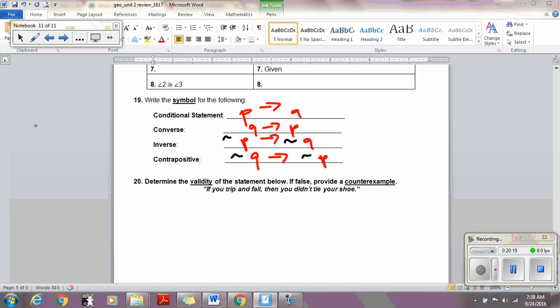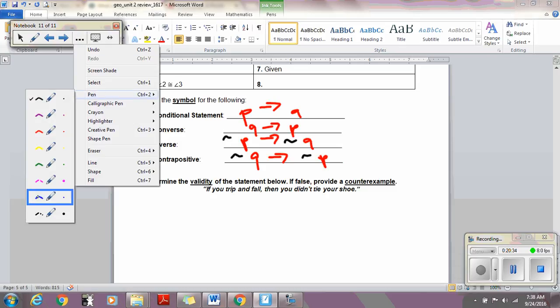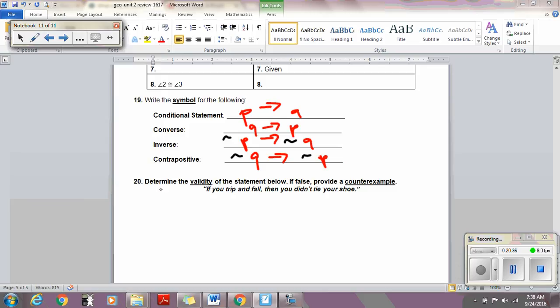And number 20, our last one. Determine the validity of the statement below. If false, provide a counterexample. So the statement says, if you trip and fall, then you didn't tie your shoe. When it says determine validity, that means, is this statement true or false? So this is a false statement